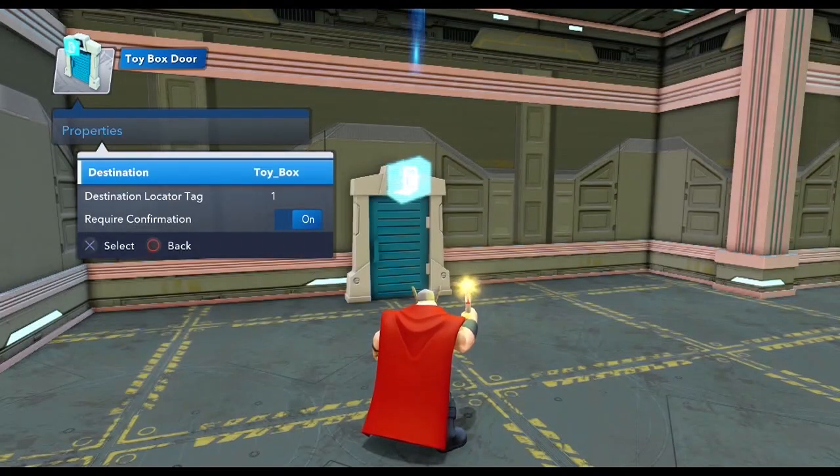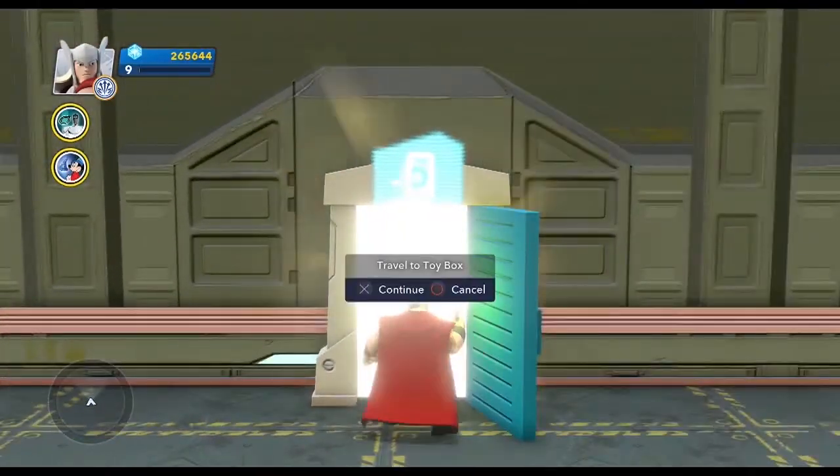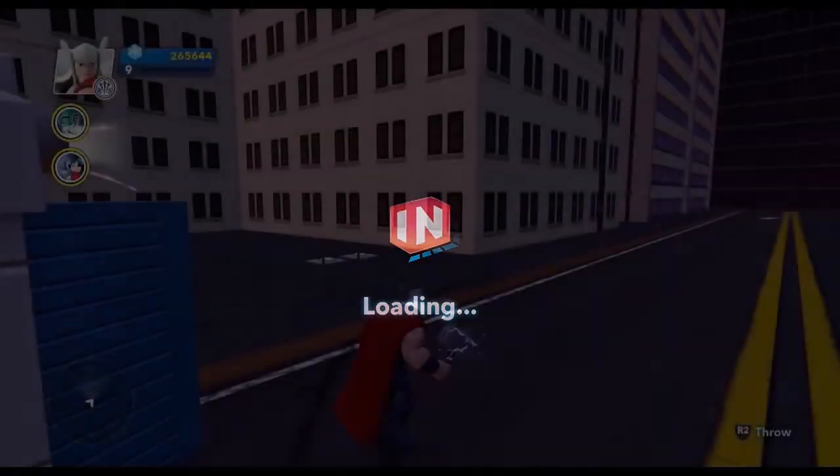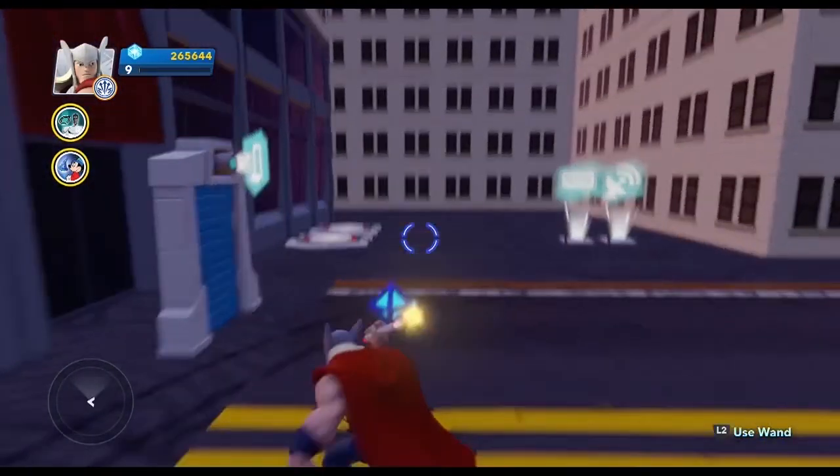Basically, this means that when I go back to the toy box level, or the level where we've been all along, the door will take a look at all the different locators there are in the level, and will ask to each of them, okay, is your tag 1? And if the tag is 1, it will spawn the player in that position and facing in the direction of the set locator. So if we go back to the exterior, you can see that we appear right in the front of the door instead of the default location,